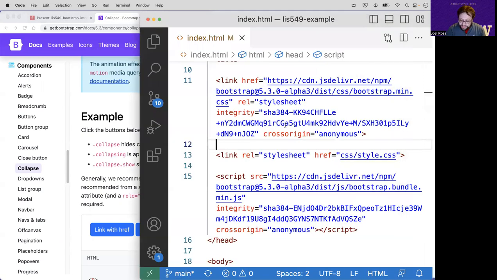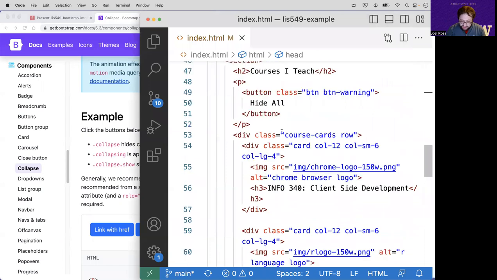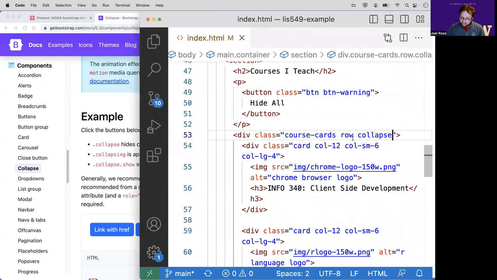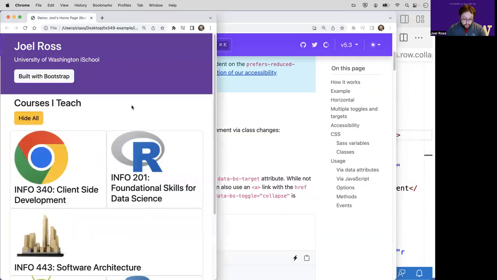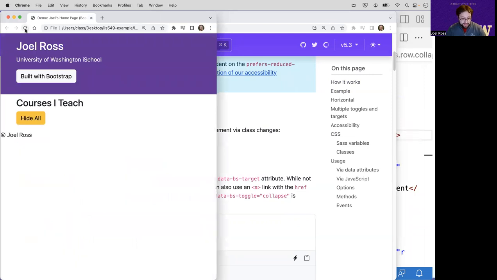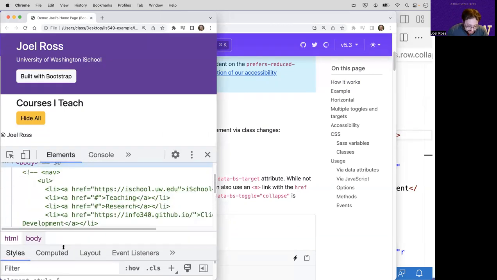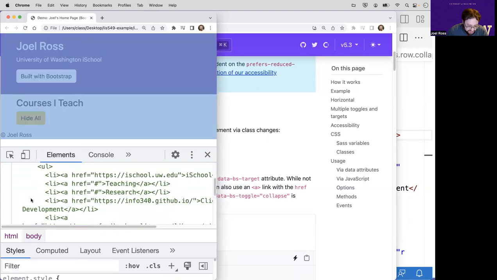So what we'll be able to do, for example, is if I go to my list of course cards, here's my row of my course cards. If I give it this collapse property, the CSS styling, then when I refresh my page, it makes that content get collapsed. It's getting hidden. It's not being displayed. If we open up our developer tools and dig through and look at that content,